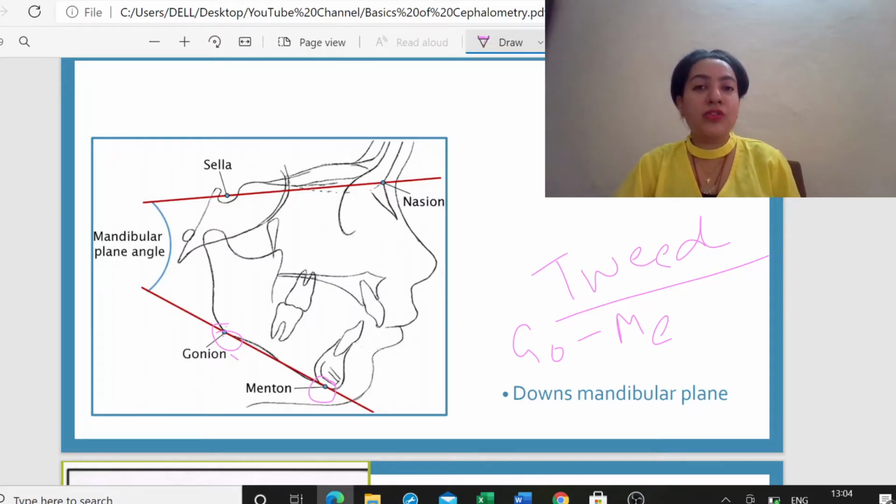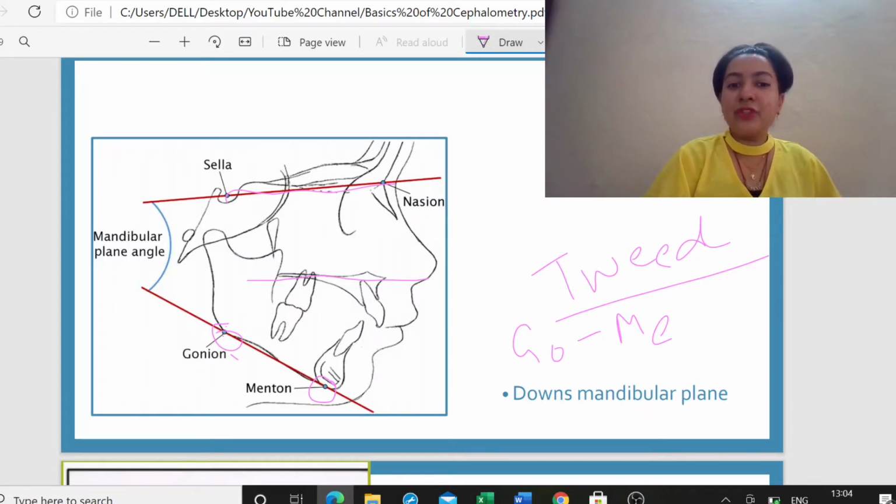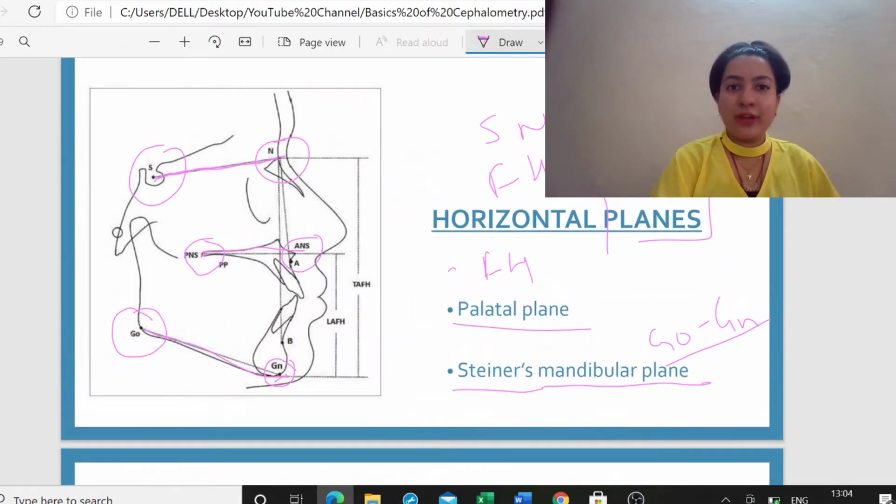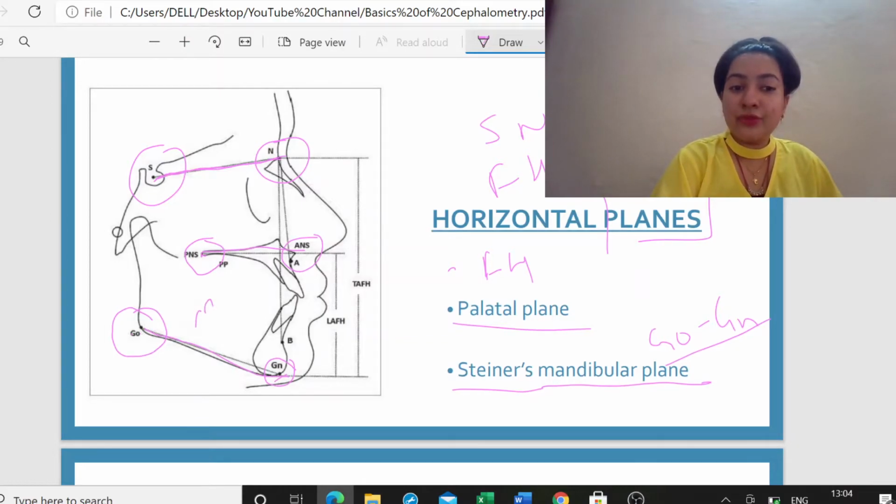So these were the horizontal lines or the horizontal planes. Now there is one more plane which is known as occlusal plane. Occlusal plane is a horizontal plane which is identified by joining the occlusal cusp of posterior teeth and the incisal edges of anterior teeth. Okay, now suppose we have this particular lateral cephalogram and we want to know where the occlusal plane is. So what do we do? We trace our central incisors, upper and lower, suppose, and we have to trace our molars as well.